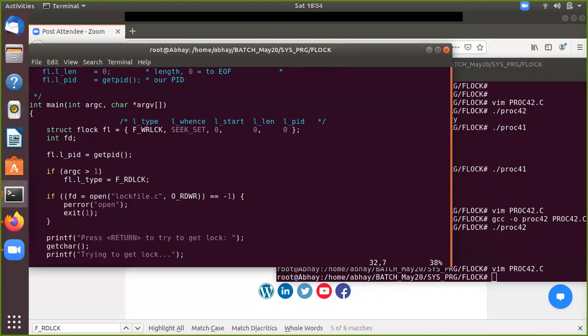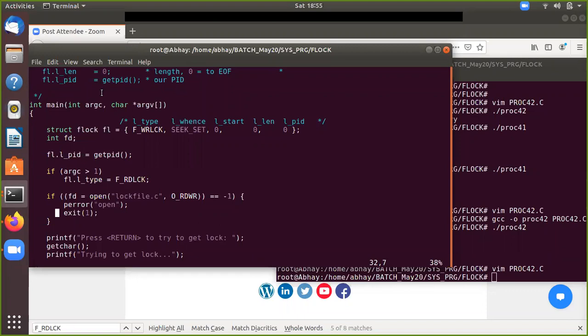Let's see. There is a current pointer by which you can get the PID. But let's say your program executed and something happened, say there is a crash with some file system. So you have a dump of all this. You can dump this flock structure and see what the process ID was.